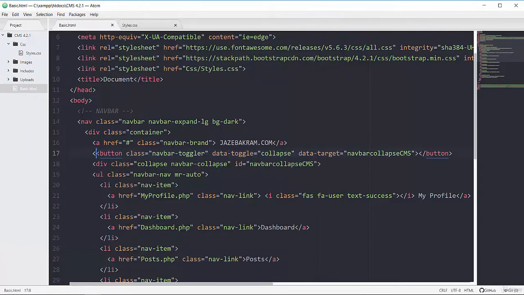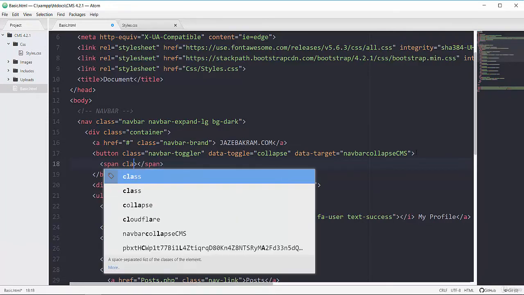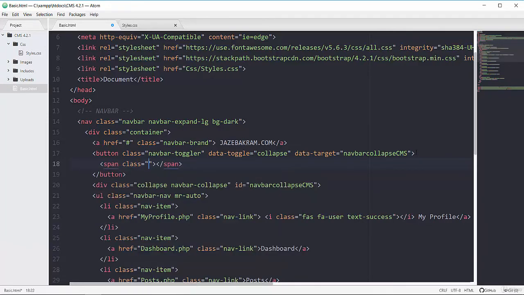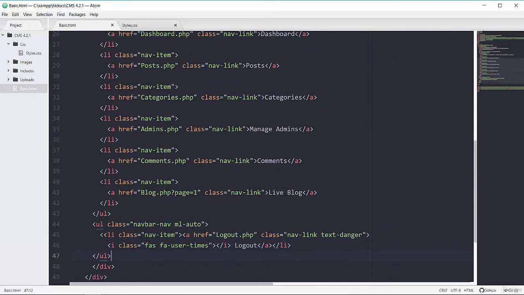What's this? Yeah, we need to remove this one. And inside this button we have to add one span tag that will have a class of navbar-toggler-icon. Now saving this one. Now let's refresh our page, and you can also see we got this angular bracket before logout. So first let's remove this one. It's right here. Now scrolling up, if I refresh my page again,